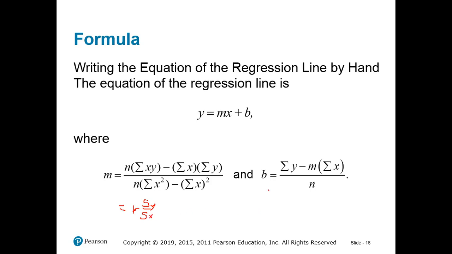And then this one here, you can actually see this is just Y bar, and this is actually M times X bar. So you could split this up into two fractions, and B is actually just equal to